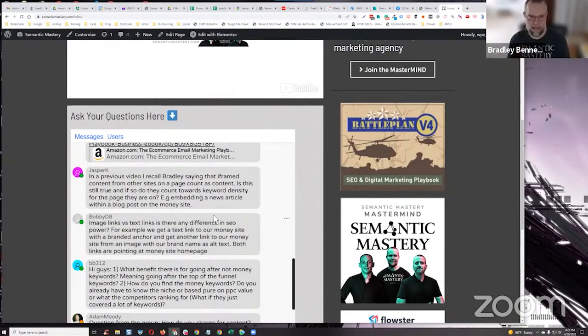And I like to do it that way now because I do all of my theme mirroring, which is essentially building the same kind of silo structure in the G site that I have on my money site. And then I use that for what I call the content mirroring method, which we talk about in the mastermind. We gave away the training for the content mirroring method between Black Friday and Cyber Monday last year in 2021. Anyways, it's very, very powerful.